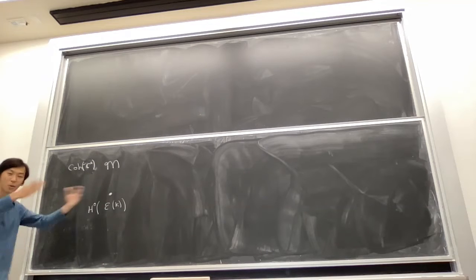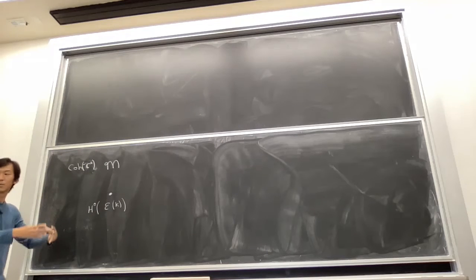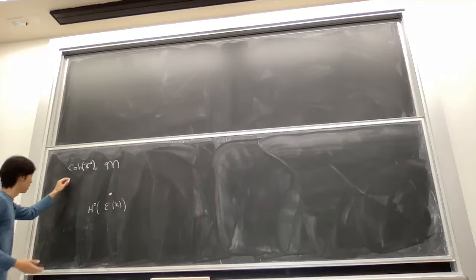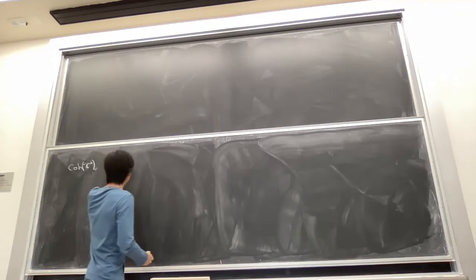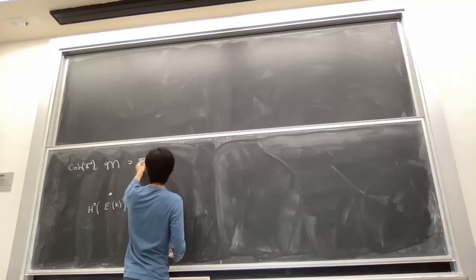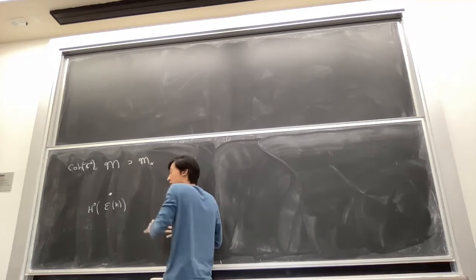In the category of coherent sheaves on C2, there's one component which corresponds to ideal sheaves of points. So in that case, there will be one component M alpha for some particular choice of alpha,